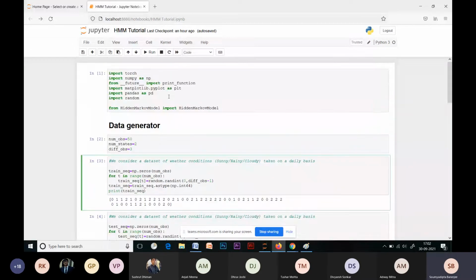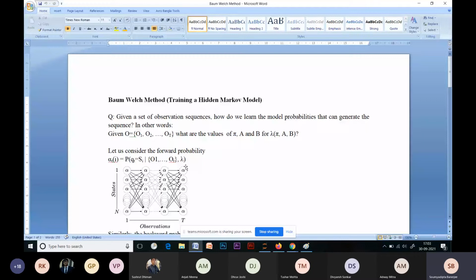Okay, so this will be the code that we'll be looking into for this demo. But just before we get into this execution, I'll go through a few points that we will be covering. In this demo, we'll be looking into the training class of problems. As we know, for a hidden Markov model, we have three types of problems.